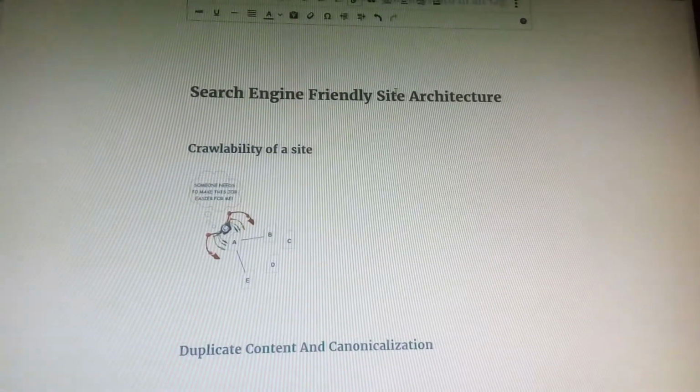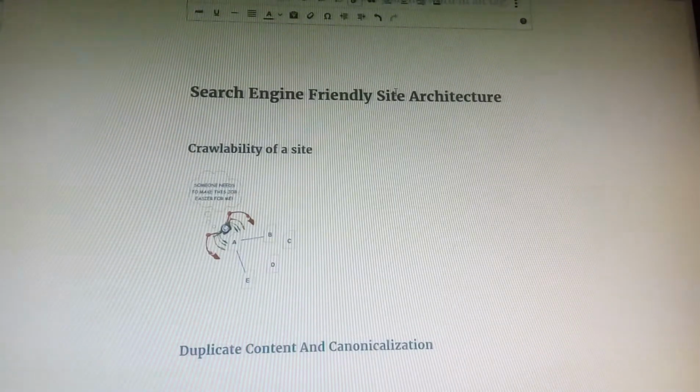Another issue is that of duplicate content and canonicalization. Search engines are troubled by duplicate content, which is basically the appearance of identical content at different web pages on the internet. So when this situation arises, it is difficult for search engines to decide which version is more relevant to a given search query.